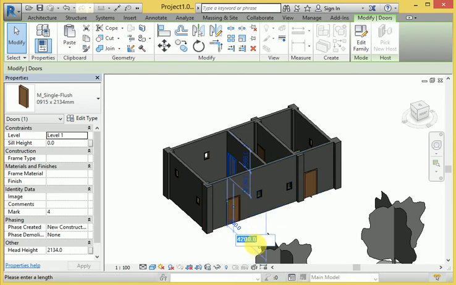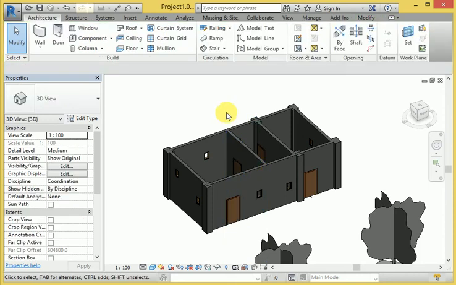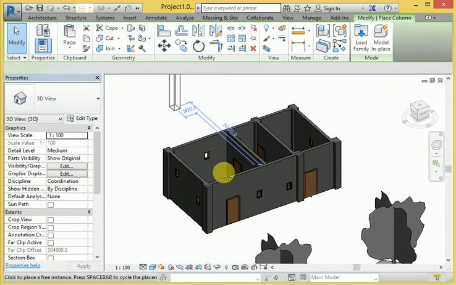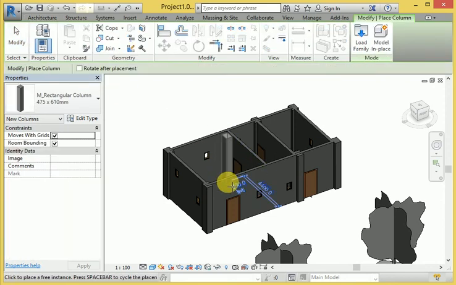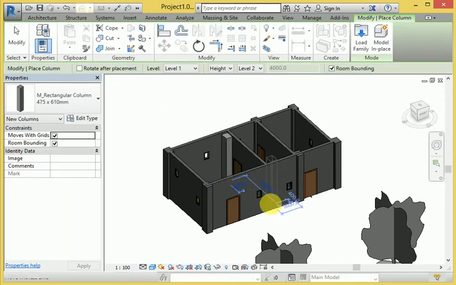When I change it to 3500, it is inserted. Again I will use the column here. This is the structural column we use, and I use it again and show you the column here.